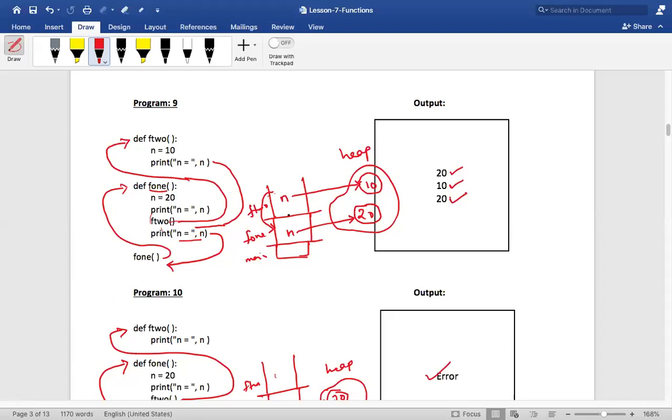See, I've given the diagram over here. In F2, when I asked what is the value of n, it printed 10. When I come back, this n, see, it is like two different classes having two different teachers with the same name, Subhash. Did you understand? Chinmayashri, did you understand or not? You have to respond. Yes. Two different classes having two different teachers with the same name, Subhash.